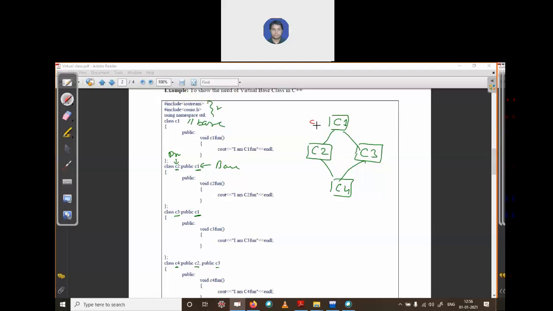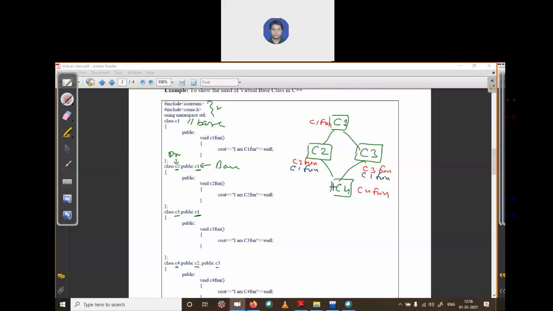C1 has one function, C1 fun, C2 has C2 fun, C3 has C3 fun, and C4 has C4 fun. When you create a subclass from a base class, a copy of its data is also available. So C2 has C1 fun as well, and C3 also has C1 fun. It's taken from its parent.